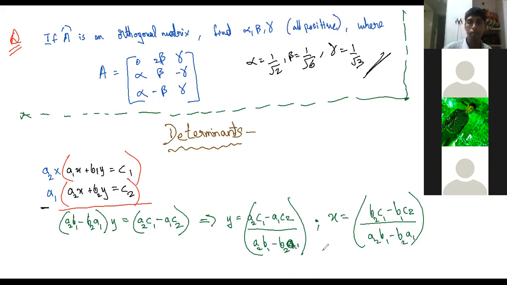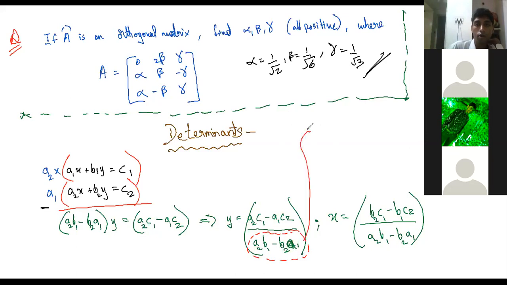Will you get this? Yes sir. See, when can you tell that a solution exists for x and y? This is like your domain type question, finding domain. When can you tell that the domain will exist for this? When the denominator is not equal to 0. Basically, this condition.